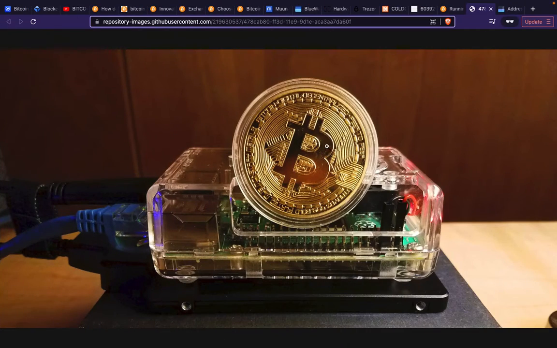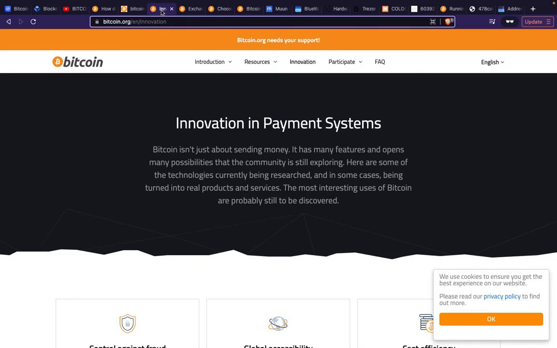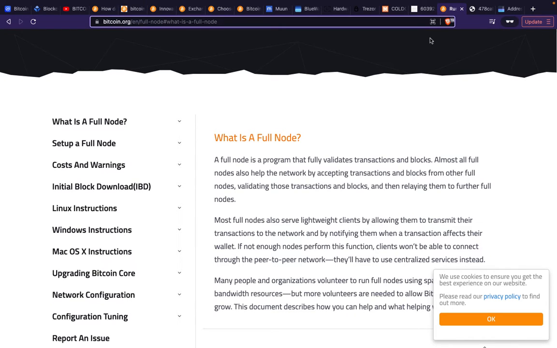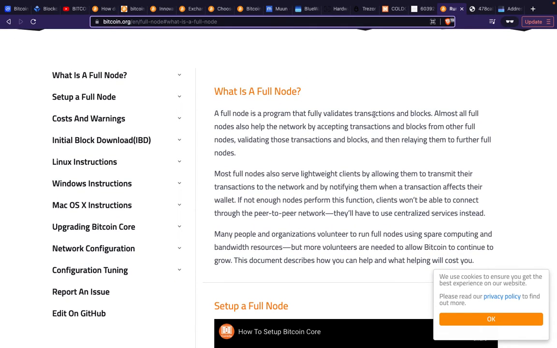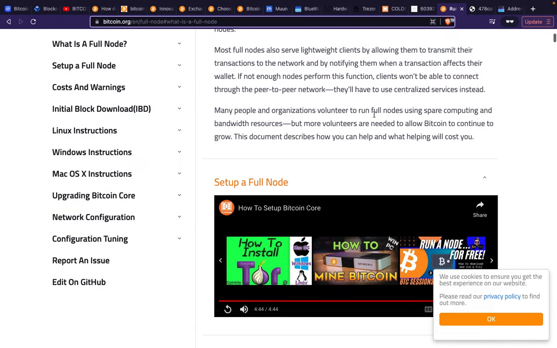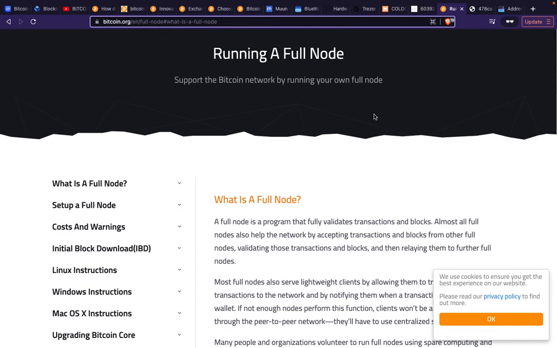Amazing. Yes. What else? For this series, I hope you guys enjoy this. I think that's everything I had to say. Yeah, this is all over there to talk about what a full node is. Basically, when you download all the Bitcoin blockchain, it's going to take time. So you just go and download it. I think it took me a few weeks for mine to fully download the blockchain.